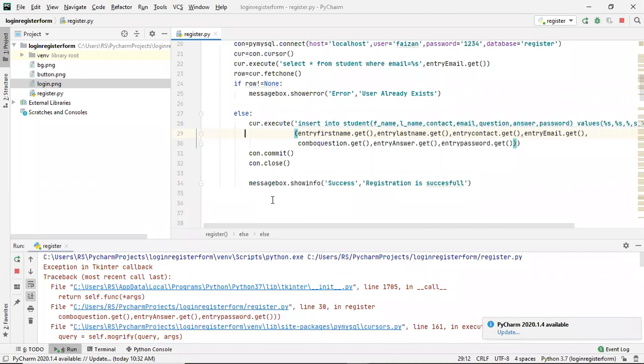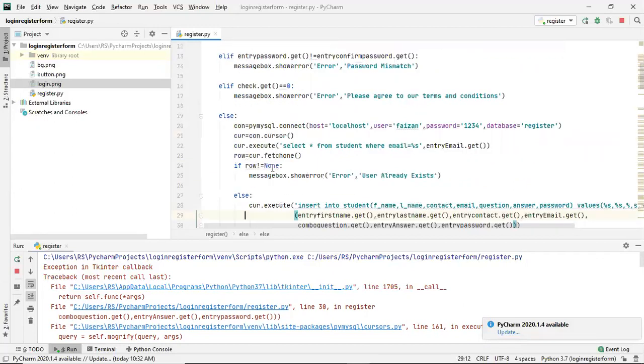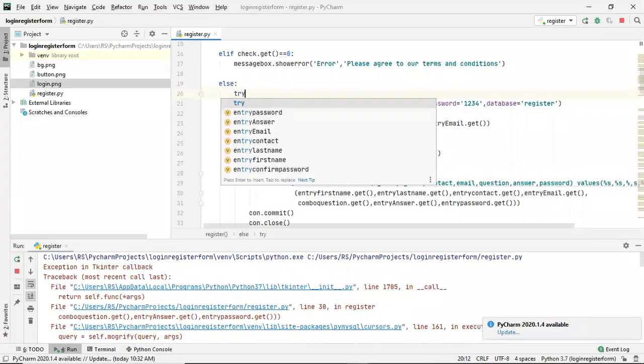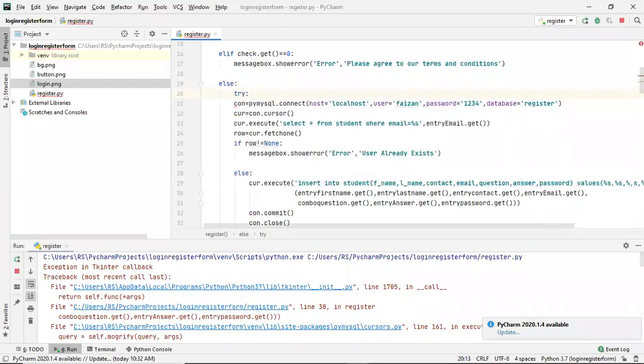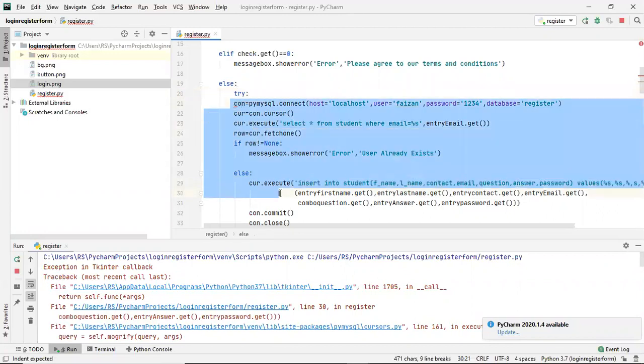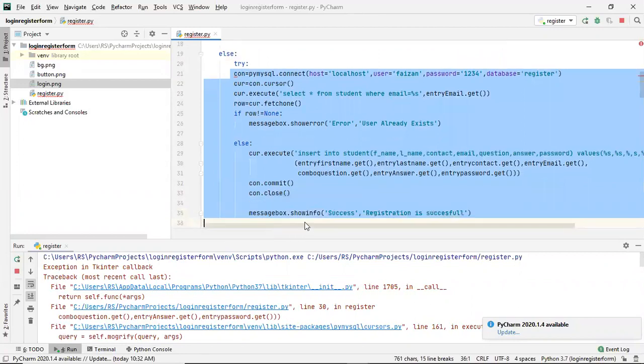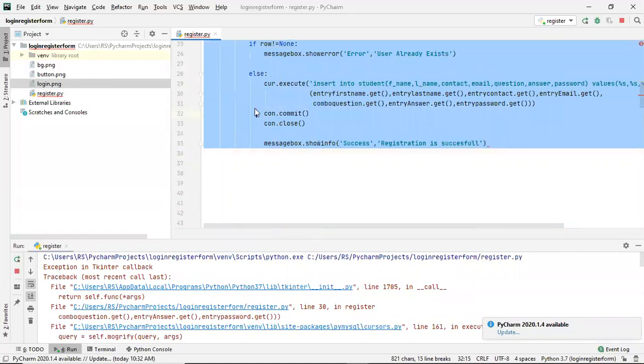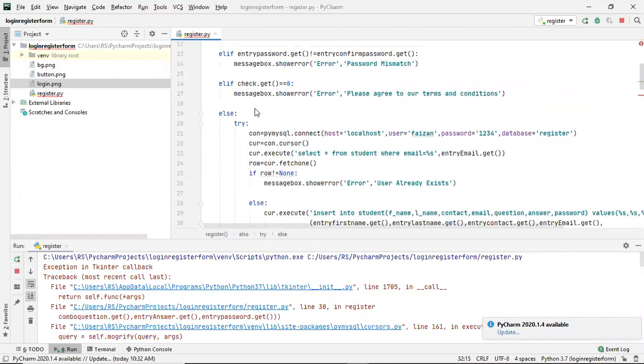So I'll simply keep it in try. In the cells part, I'll keep this thing complete in a try block. So I'll simply give some indentation. I'm pressing the tab key here. So I've provided an indentation here.